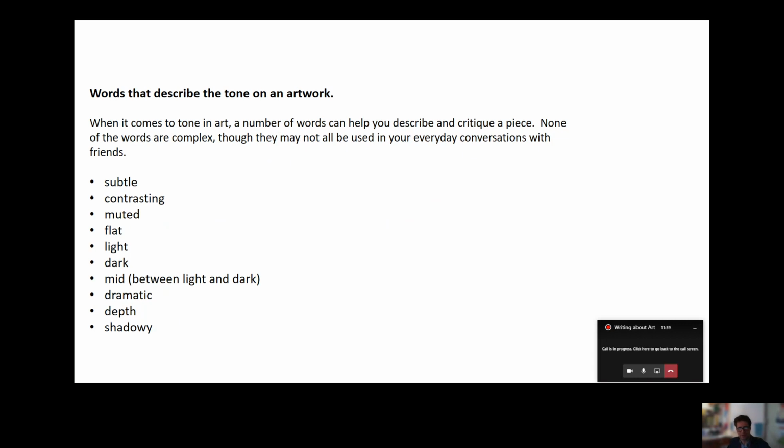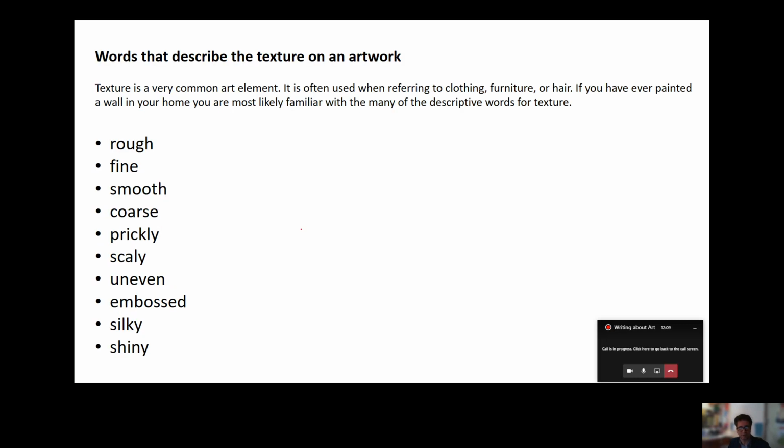The tone of the piece, is it subtly painted? Is it contrasting, which means is it extremely dark and extremely light? Is it muted, which means that all the colours are merged together a little bit? Are the panels flat? Or are they quite tonal? Is it light, dark? Is it dramatic? Is it shadowy? All this tells me about the actual physical tone, or maybe even the mental tone of it. How does it make you feel? It's a dark piece of work. Or it could just be the picture looks quite dark. Very dark colours have been selected.